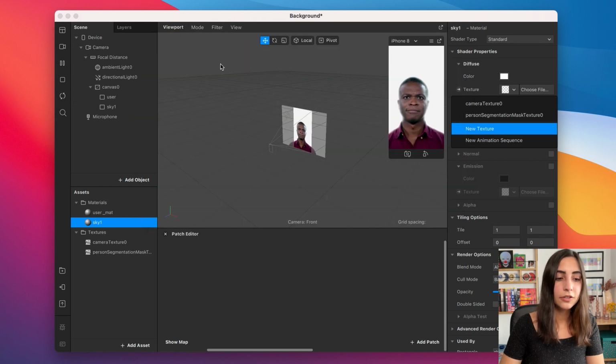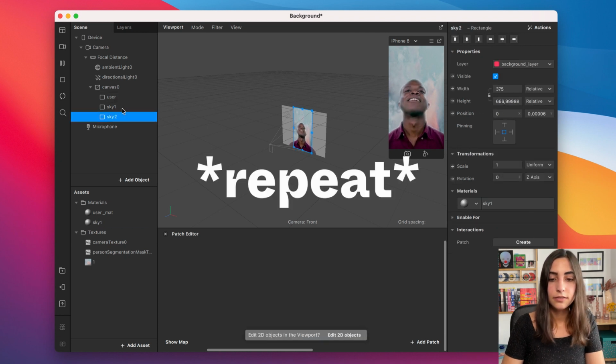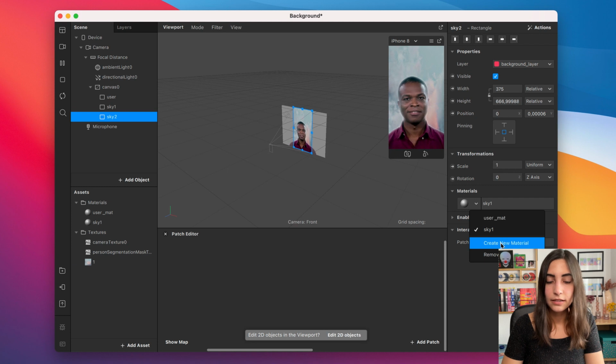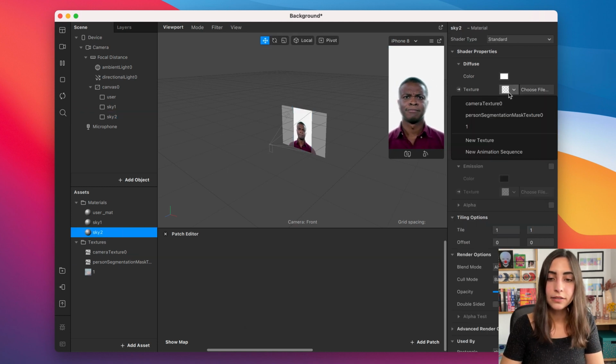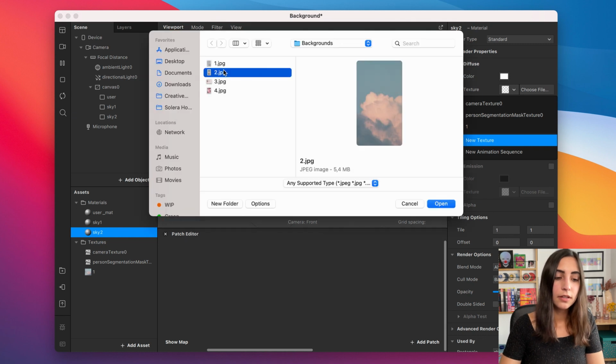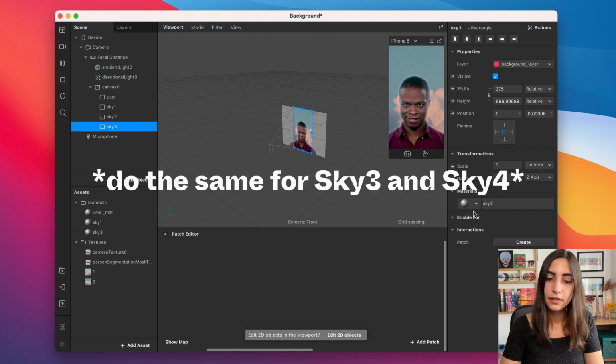I'm going to be using the first image, and I'm going to say no compression, and now we duplicate it with Command D or just duplicate, and we create a new material, Sky 2, we add the second texture, and we say no compression, and then